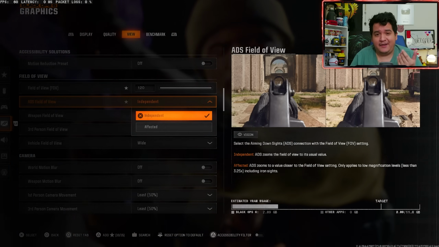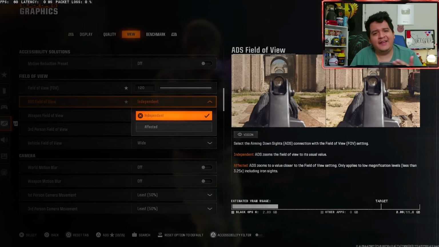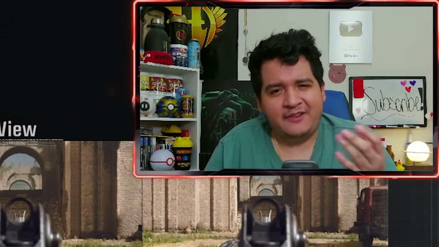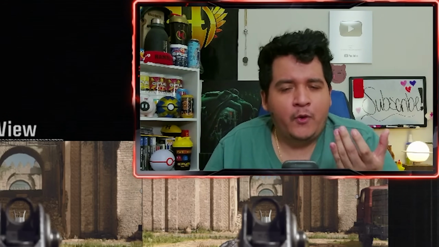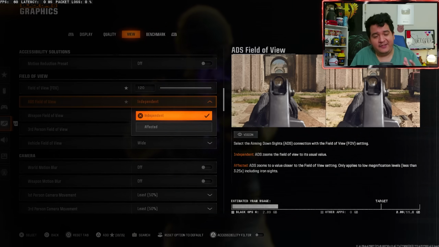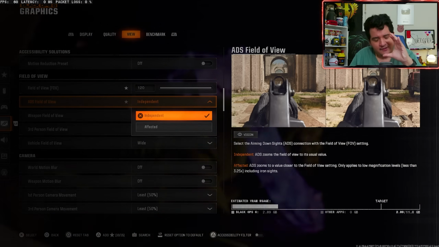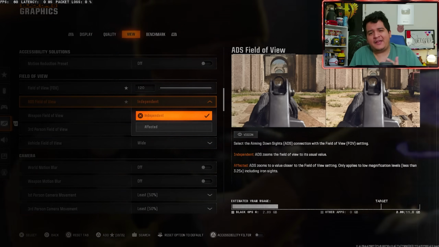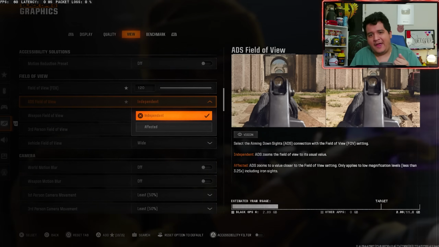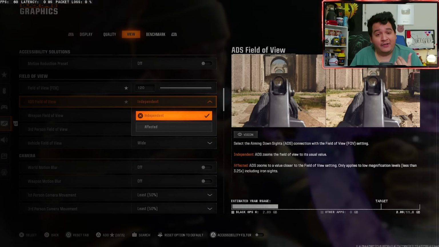But I switched to independent, and the reason why I do independent is because when I ADS, it turns into like an 80 FOV, if I'm not mistaken. Which you guys might be wondering, you're going to be seeing less of the screen when you're ADSing, why are you doing that? Well, logically, when you're ADSing, you're focusing in on something. You're not focused on everything else around you. You're focused in on whatever's in front of you or whatever you're trying to aim at. So this is going to make everything look bigger to you whenever you ADS, and thus you're going to be able to hit your opponents, you're going to be able to track them better,